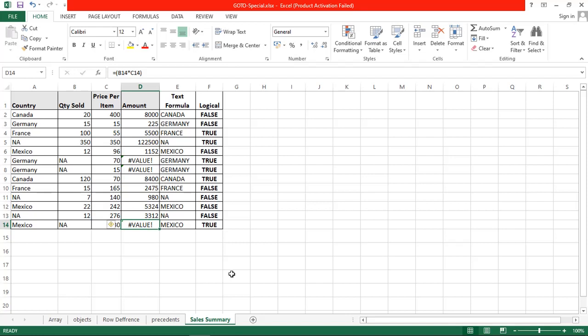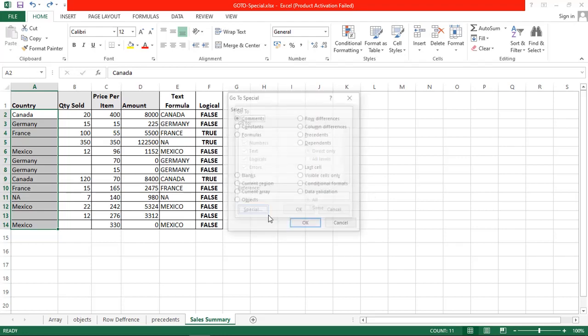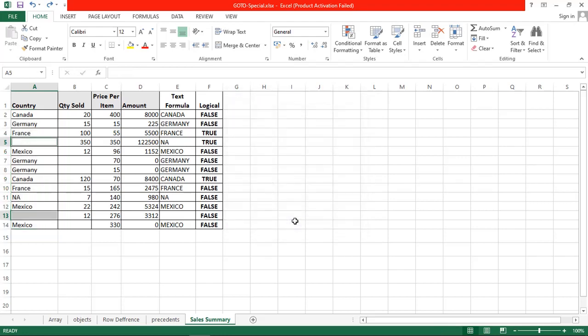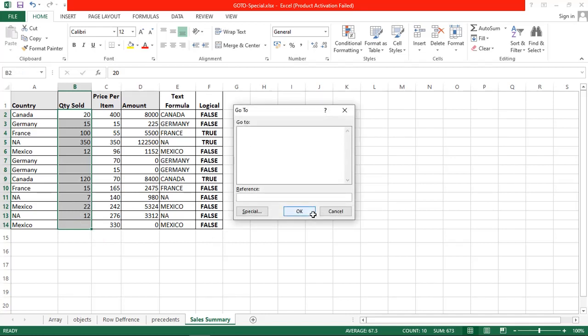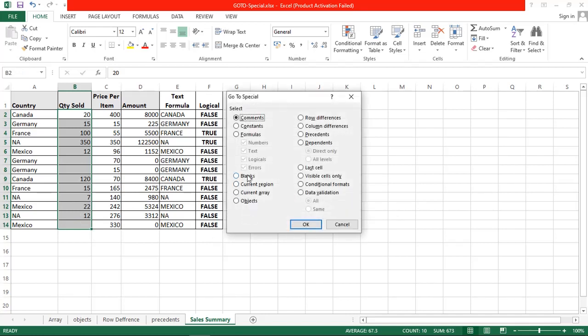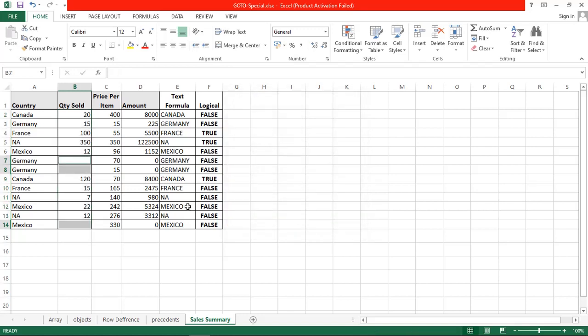Okay, so we do it again. So Control Z. Now first of all we select this range and Control G, then special and blanks. Okay, now NA, Control enter. So we have NA, NA, NA. Now we select this one, numbers, Control G and special, blanks, then this is the first cell, type 0, Control enter key.